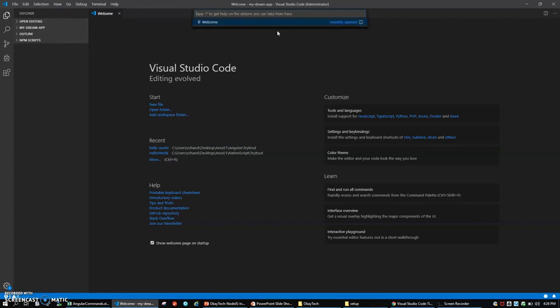Say, for example, you want to open app.component. Here you can open component.ts, component.css, component.html, component.spec. Say you want to open your module file, so the app.module.ts. Easy, right? This is going to be really easy, super simple. For example, you want to open the angular.json file. Here you go. So you can quickly search and go to the file.